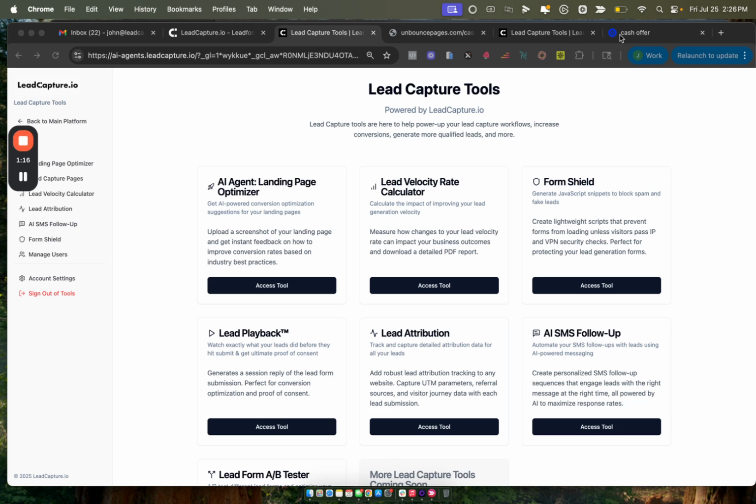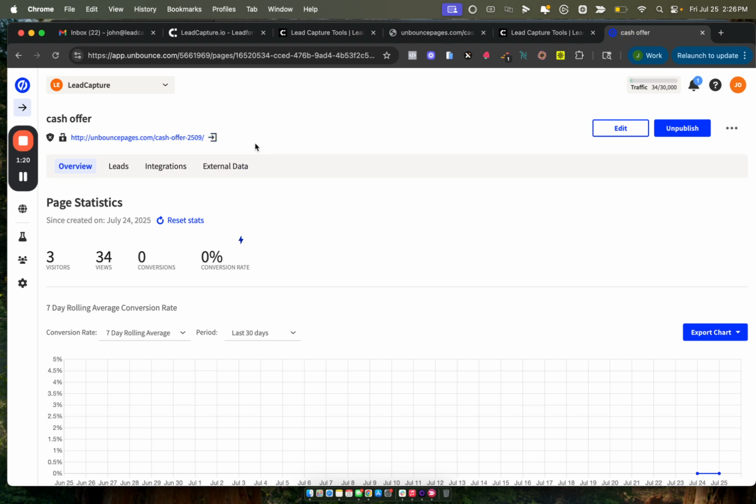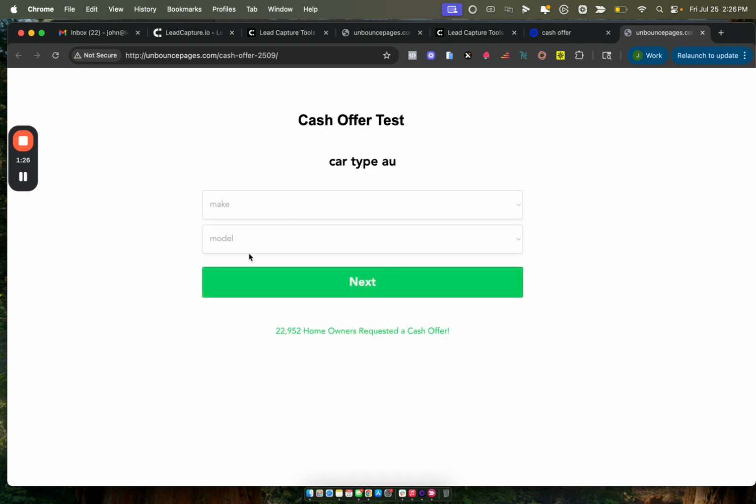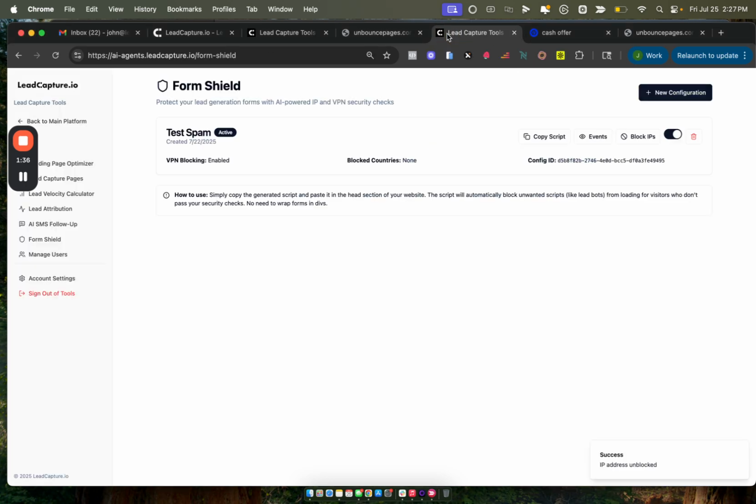In this example, we're going to use this really basic lead form that I set up in Unbounce. I'll load this so you can see that it's currently loading for my IP address, right here. There's nothing special about this. It's just a test lead form that I set up for this example. So imagine that this lead form is being hammered with spam. This is when you would come into